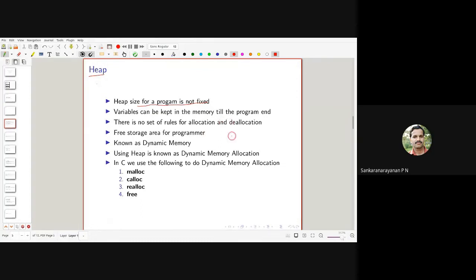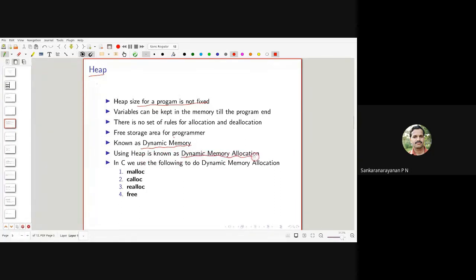And this heap is a completely free area for the programmer, and we can take memory from there and allocate it. This area of heap is also called dynamic memory, and using the heap is known as dynamic memory allocation.